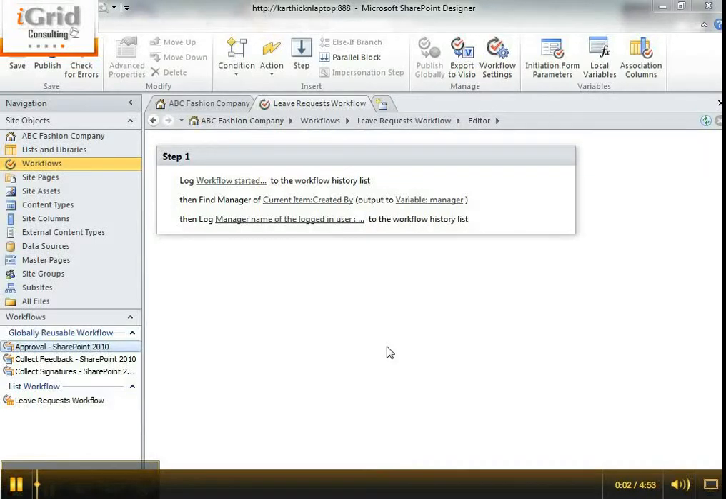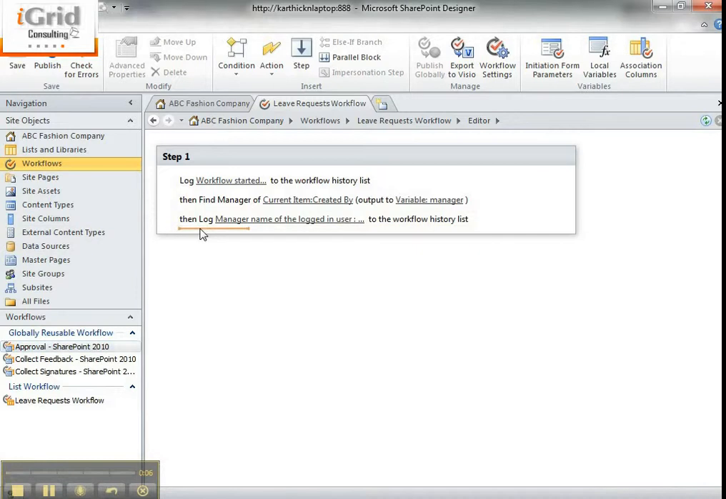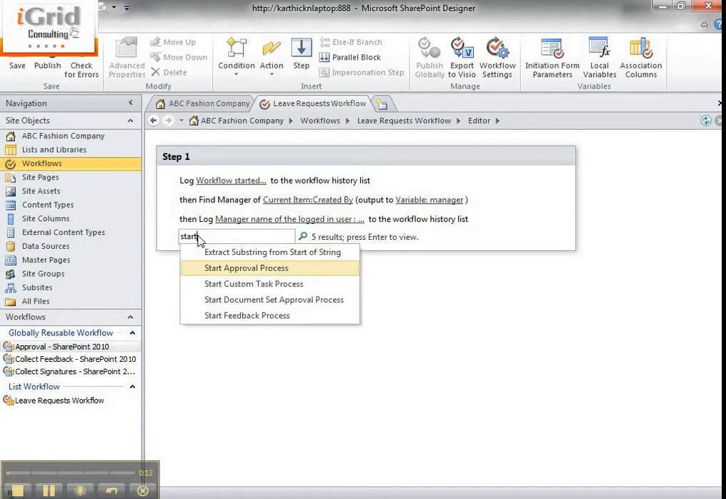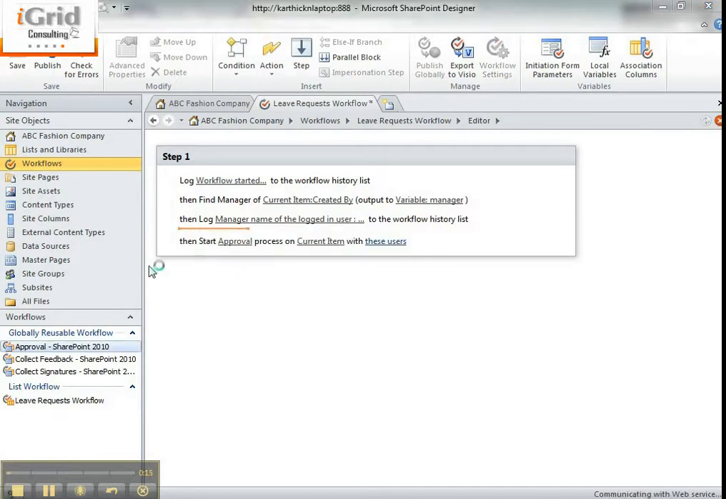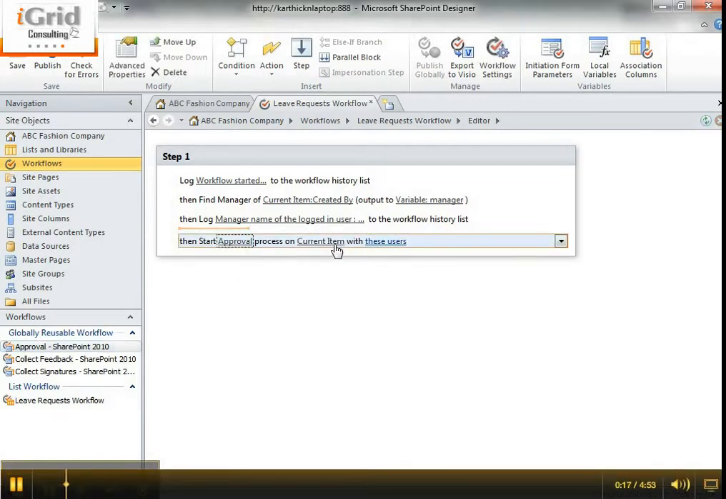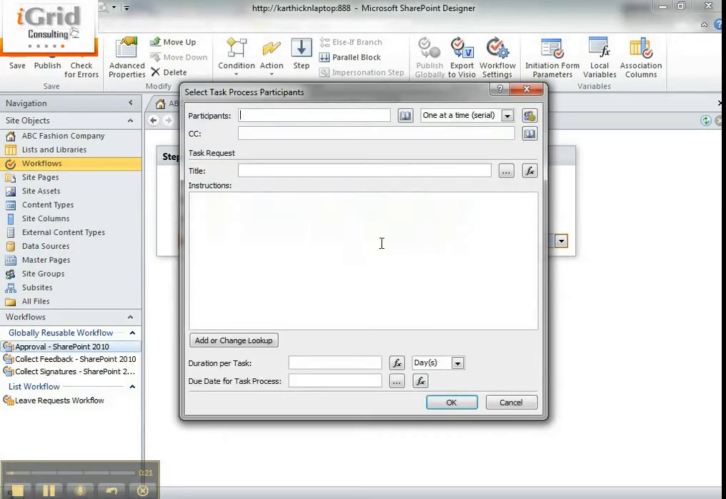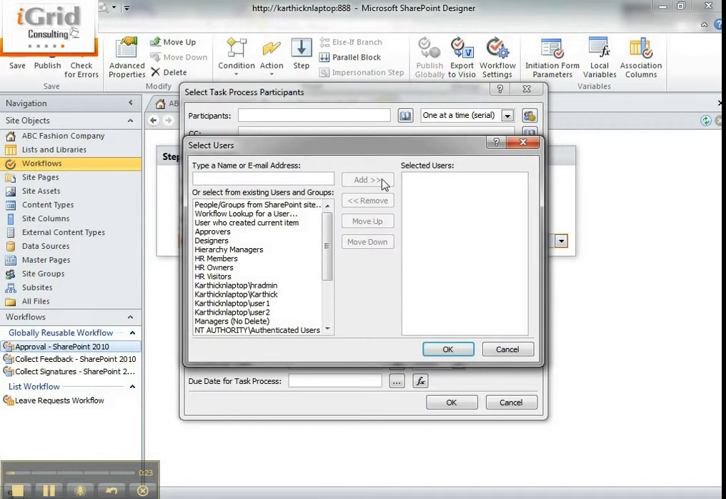Once the manager is successfully picked up from the user profile store, we need to assign a task for him to approve it. So I will click on start approval process. In the approval process, I will say start approval process on current item with these users. So in this users, I will click on this and I will say